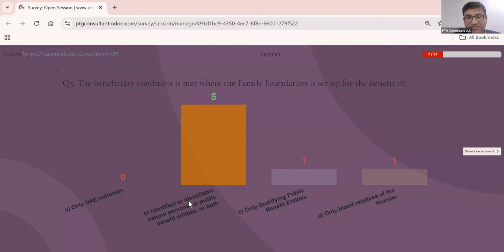The FTA Family Foundation Tax Workshop is already there. They conducted it four months before this webinar, and they highlighted this point also. I'm going to mention the same. For identifiable, they gave an example: Ghazanfar Hussain is the identified, and the grandchild of Ghazanfar Hussain, they said, is also identifiable. So this is the definition or the remark they passed on that.